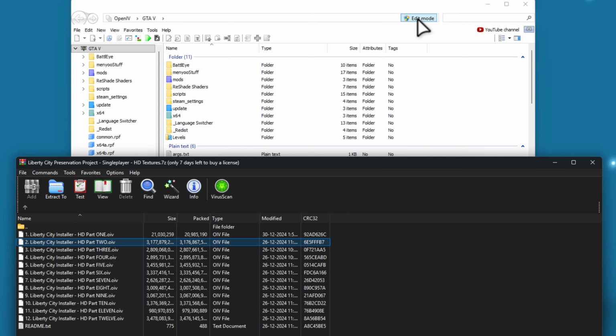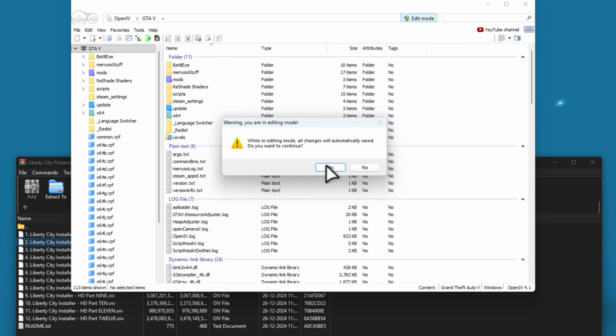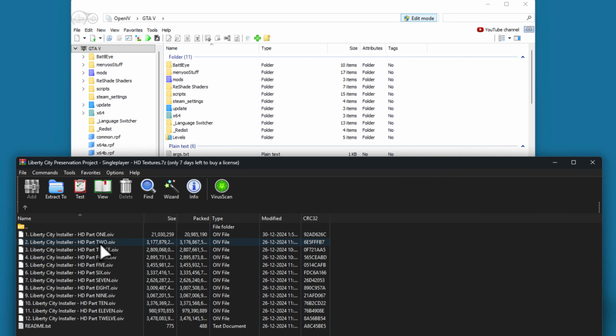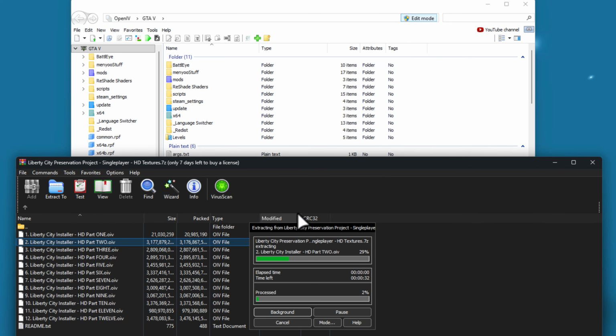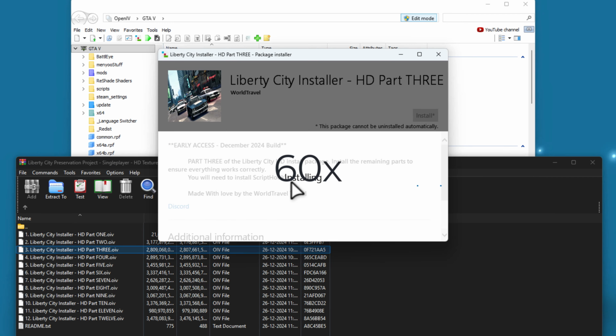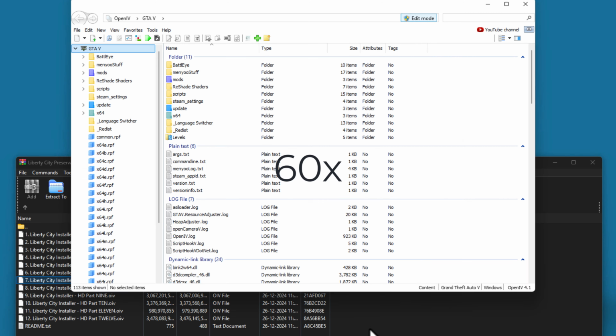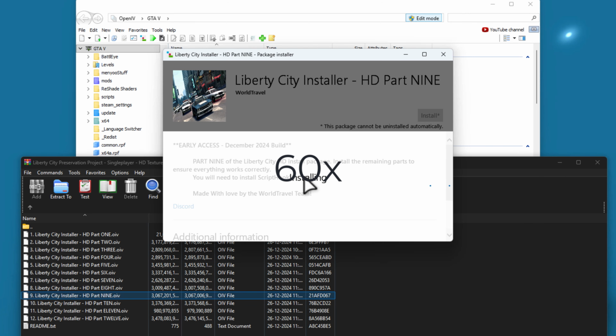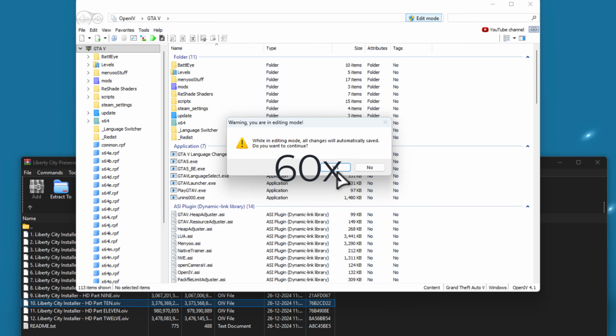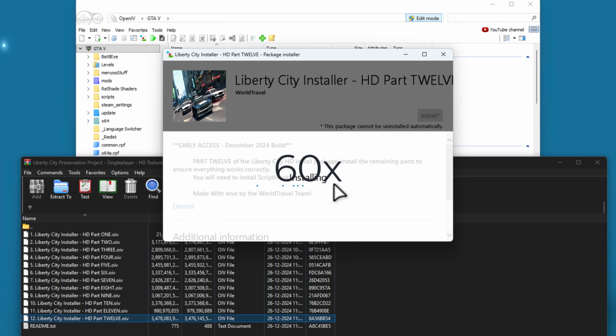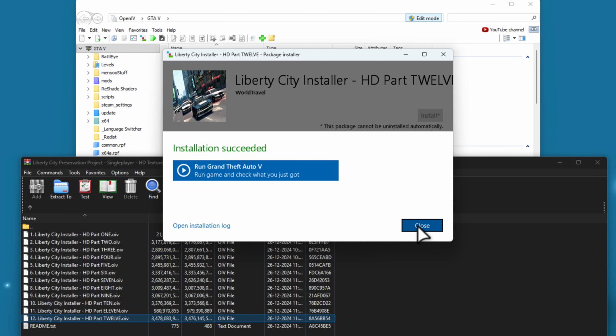Every time you need to select edit mode and select the yes option to drag and drop this one and that one. Once this installation is done,